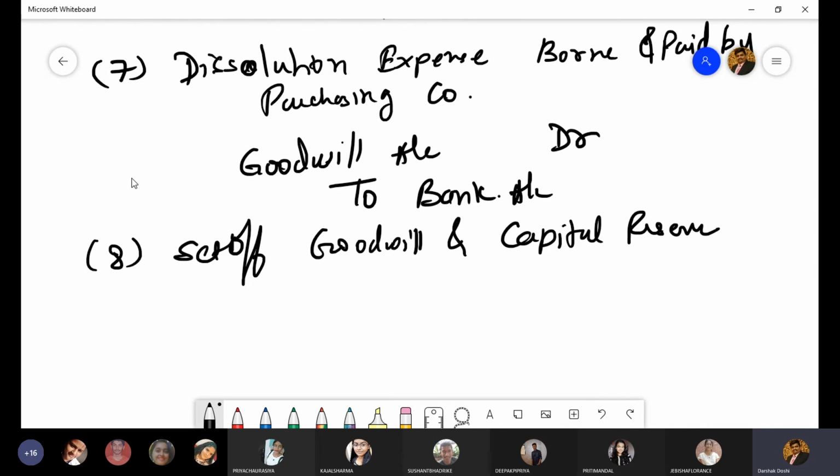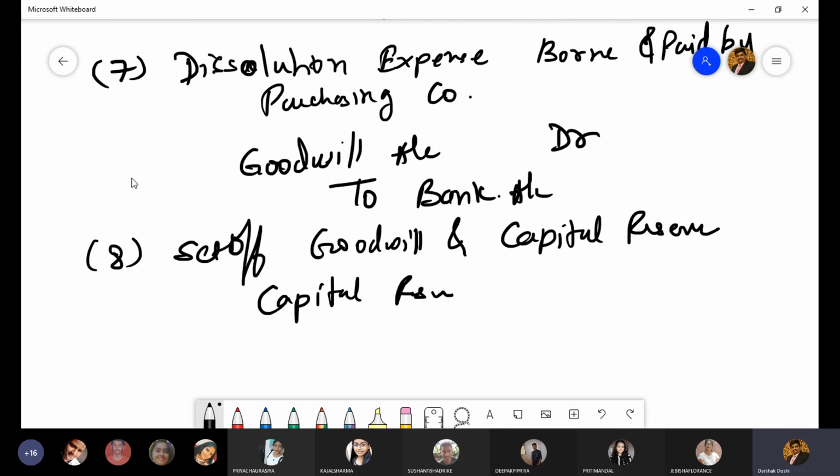purchasing company. Goodwill represents the loss for the purchasing company on the transaction of amalgamation, the excess amount being paid to the vendor company, and capital reserve represents profit on amalgamation. So you cannot show in your books of accounts both profit as well as loss on a particular transaction. You will have to show either net profit or net loss. In that case, when the goodwill has to be set off against capital reserve, the entry will be